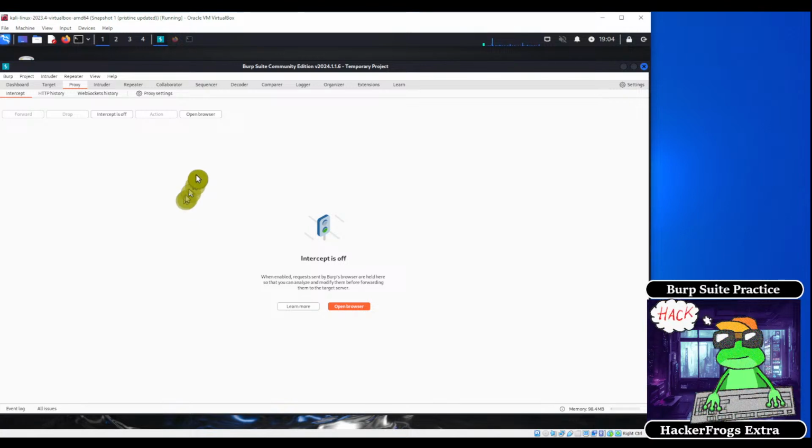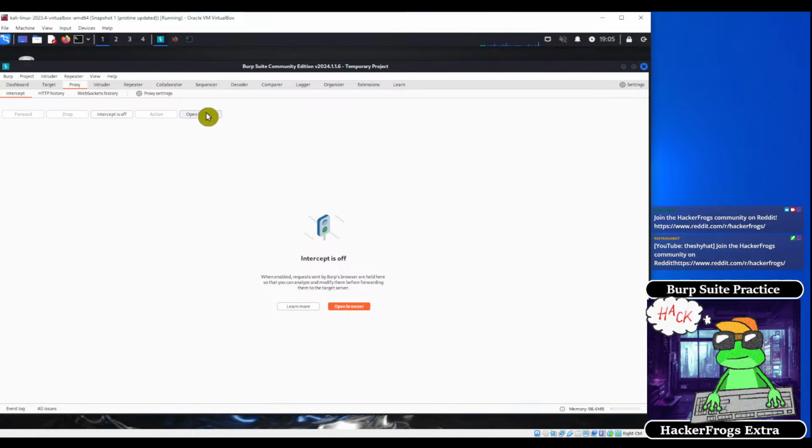Okay, so now that we have our Burp Suite started, we want to open the Burp browser. The Burp browser is going to be the interface through which we record all of our traffic. So we need to go down to either this button right here, which is labeled Open Browser, or Open Browser in here. If you don't see this particular screen, that might be because you're on the wrong tab. So you want to go over to the Proxy tab, and then this tab right here, Intercept, and from there you're going to be able to click on the Open Browser button. So open the browser,